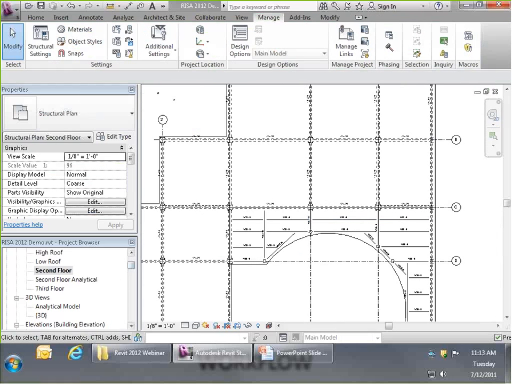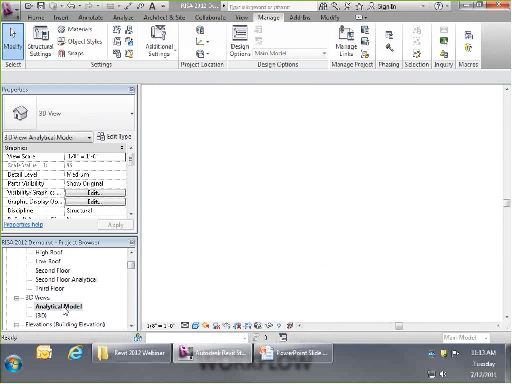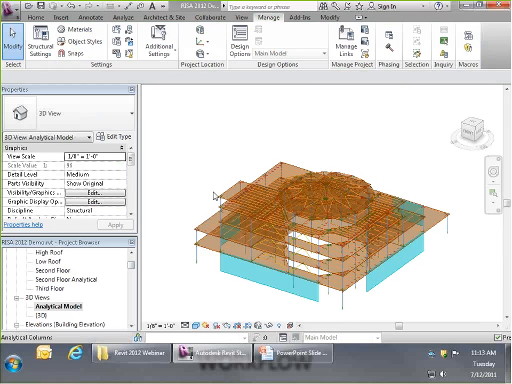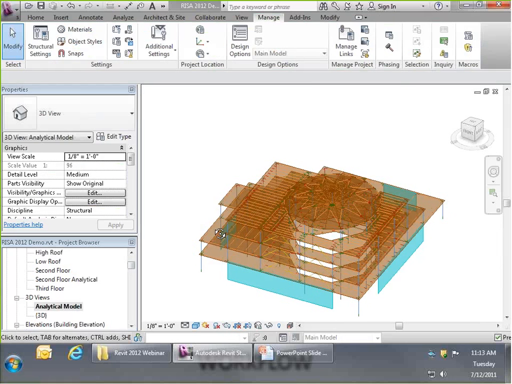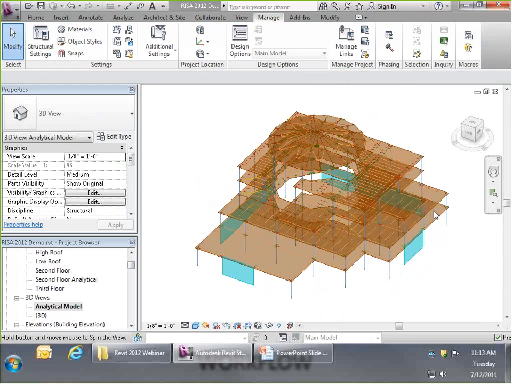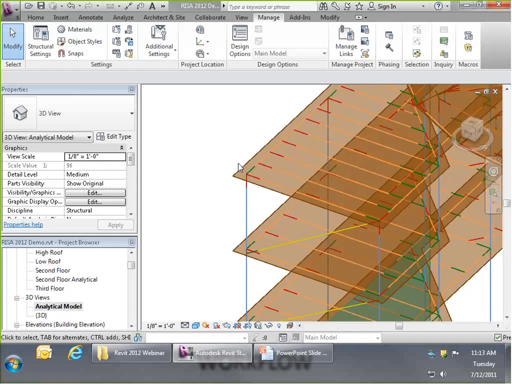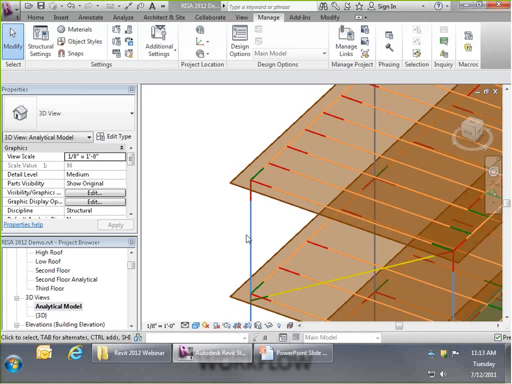Something new in Revit 2012 is the ability to view the analytical model much more clearly. What I've done is pulled up a 3D view of this analytical model. Now, for those of you who are not familiar, in Revit you have two items really. You have a physical beam and you have an analytical beam, and the same goes for columns and walls and